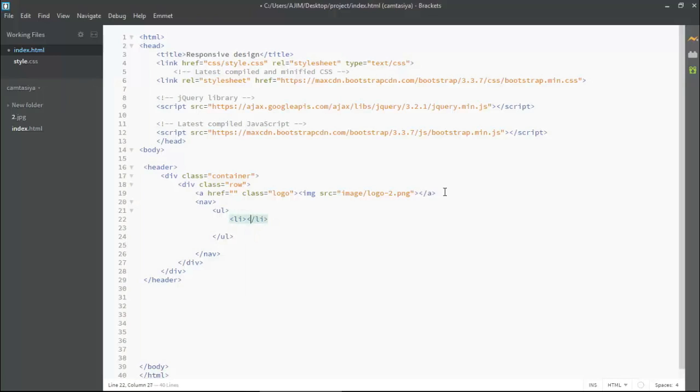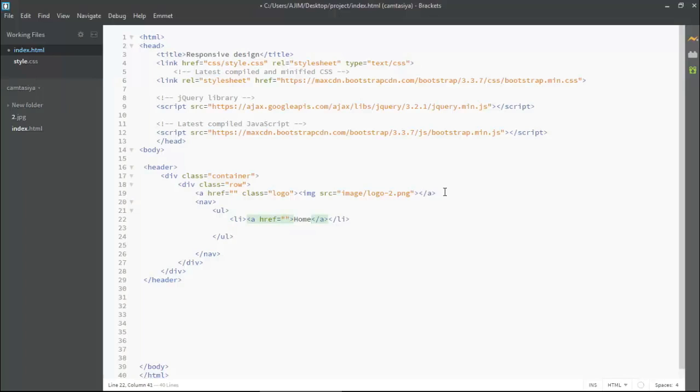Okay, inside this we have the menu names. For putting a menu's name we have to put an anchor tag here. You know why? Because every menu is clickable, so we have to put that menu's name in the anchor tag. So href. Inside this I am putting the menu's name like home, and now I am duplicating it 4 more times.